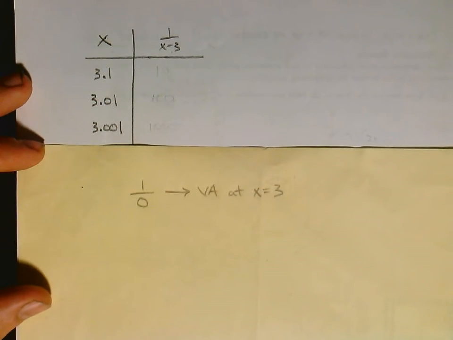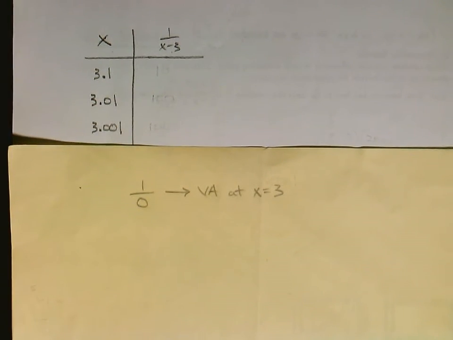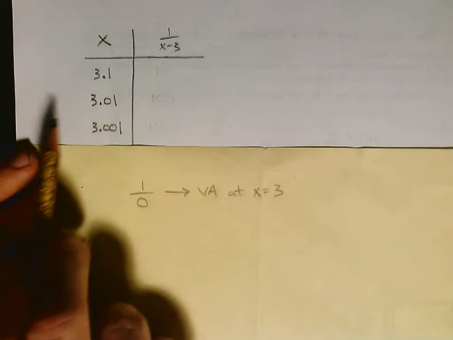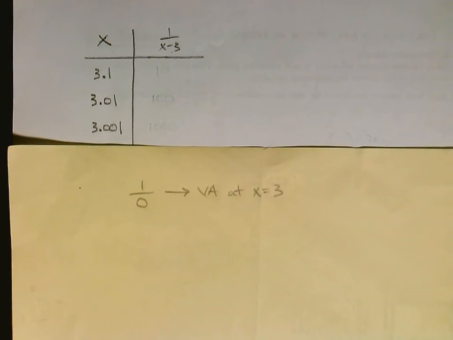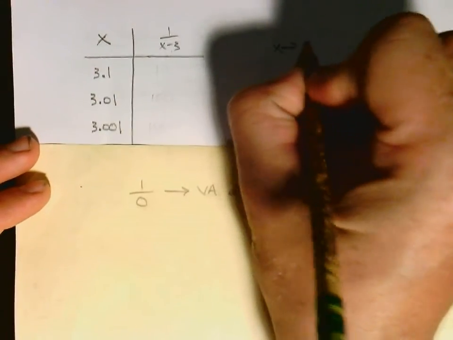And we're going to plug in a few values of x bigger than 3. Why are we picking a few values bigger than 3 and not less than 3? Well, because we're approaching from the right side, and so we need values a little bit bigger. x approaches 3 from the right,